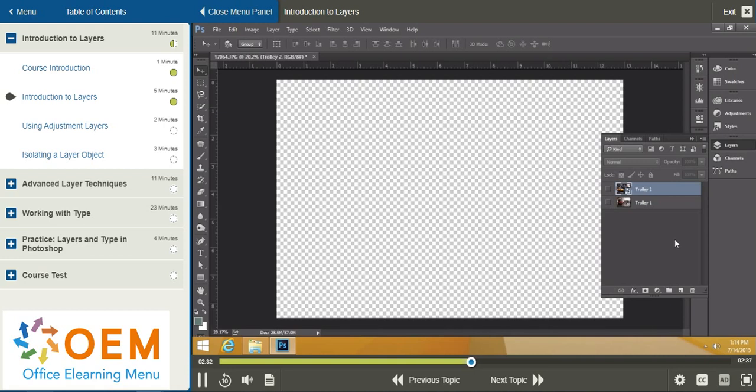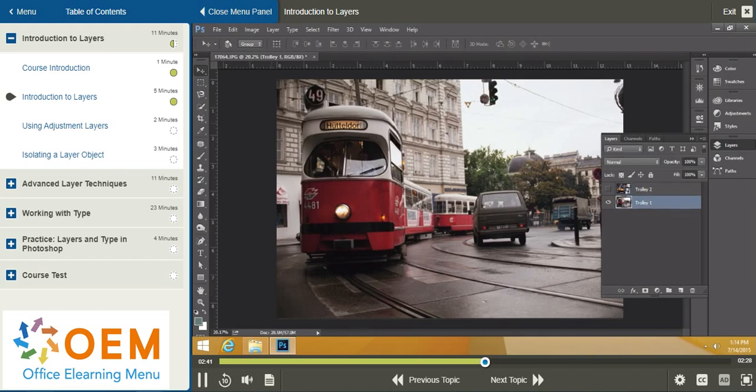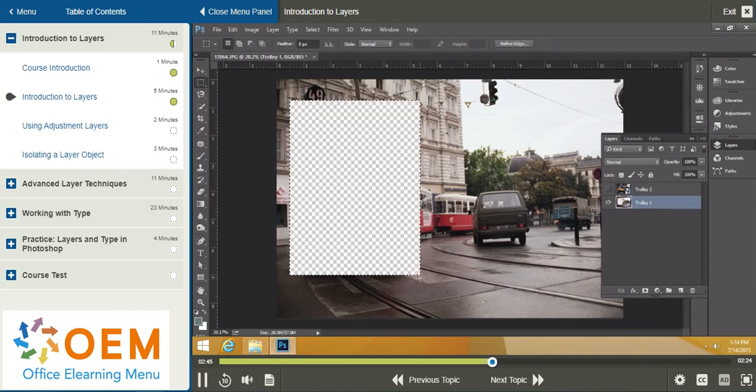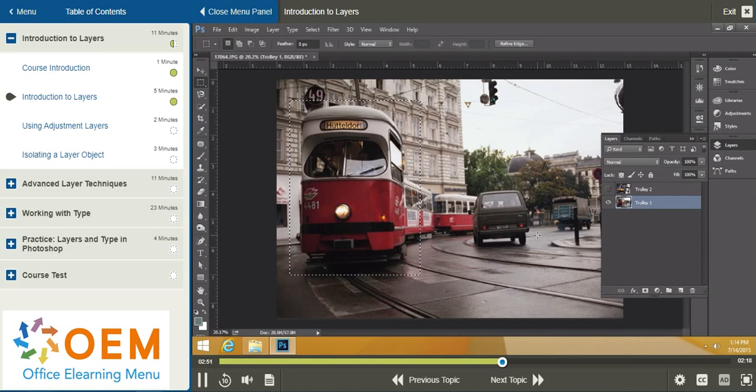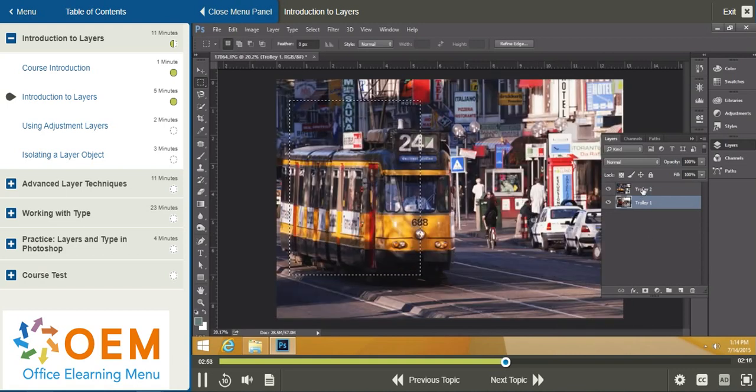Now, that checkerboard pattern that we're looking at is representative of transparency. That just means that the background is transparent. So if I were to go to trolley 1, highlight an image with the marquee and press delete to delete it, we'll see the background there. So that's important to remember as well. Now what I'll do is press Control Z to undo that, turn trolley 2 back on, and make sure it's highlighted. That's important. In order to actually make a modification to a specific layer, you have to make